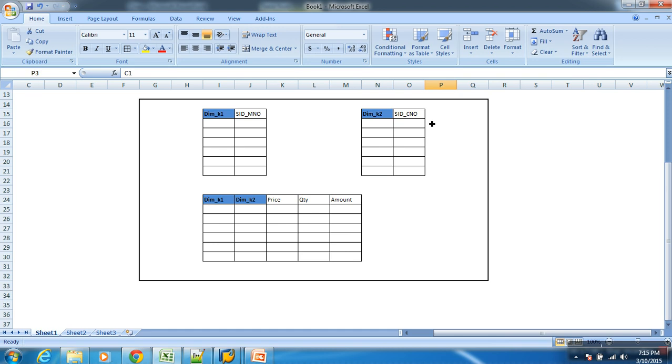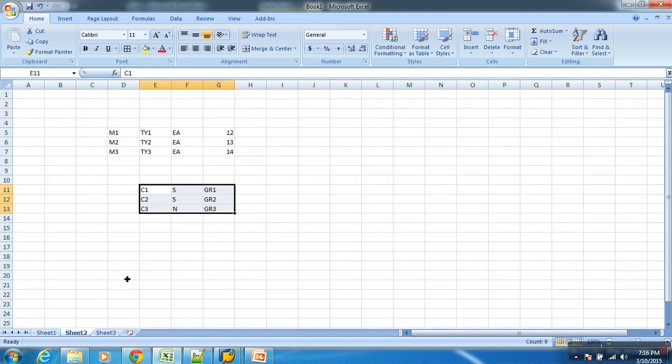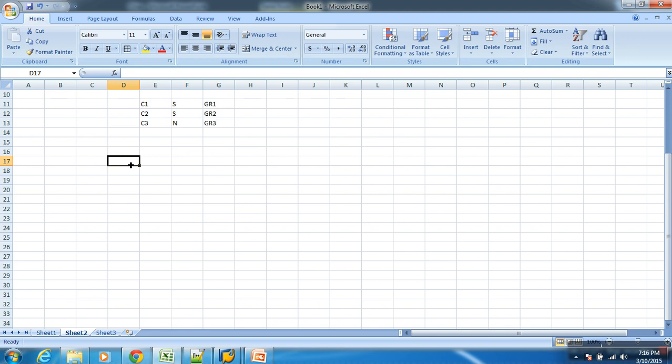Okay, good. Now we are going to focus on what will happen when I load for a cube. We will be loading transaction data. I told you, a cube is only loaded with transaction data. Now let's take some transaction in the source. Material M1 is purchased by C1 with price 5 and quantity 10, so the amount is 50. With this master data, they performed one transaction: M1, C1, 5, 10, 50. Now how is this transaction loaded into my cube?